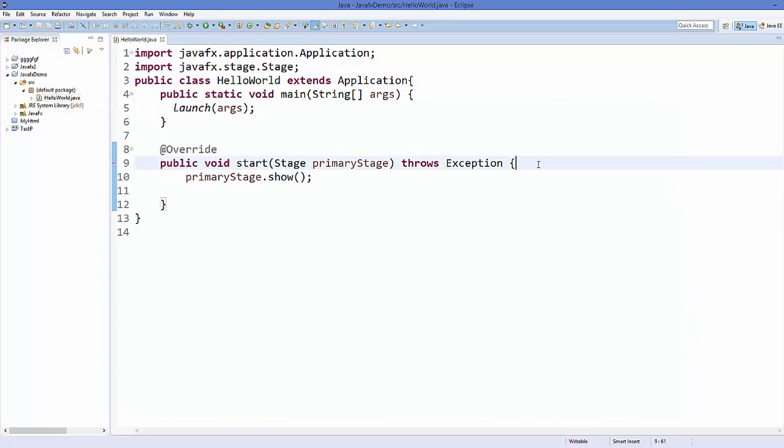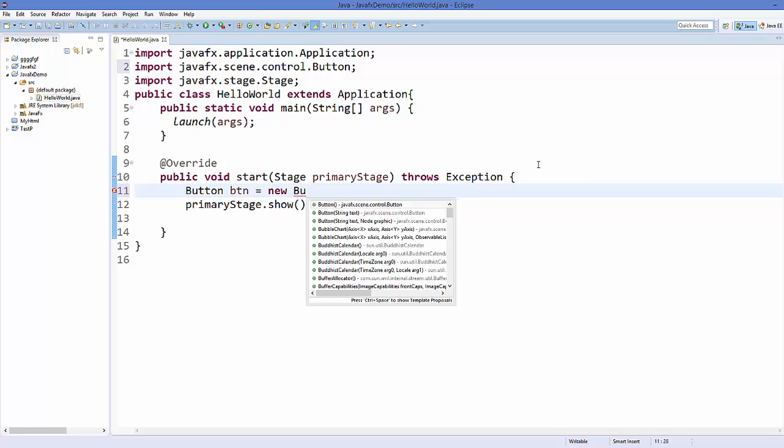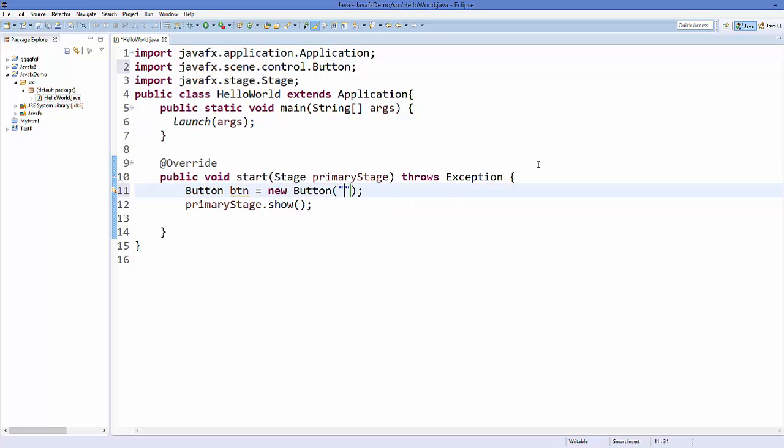So for example, I want to add a button inside the stage, so I will add a button by calling this Button class, and I will name it btn is equal to new Button, and to this button I can give an initial text inside the constructor, for example "Click me",